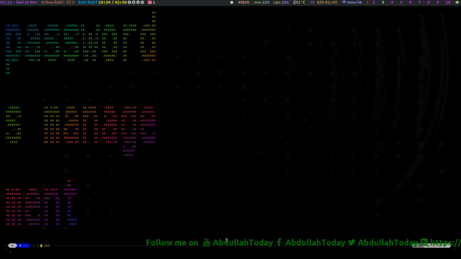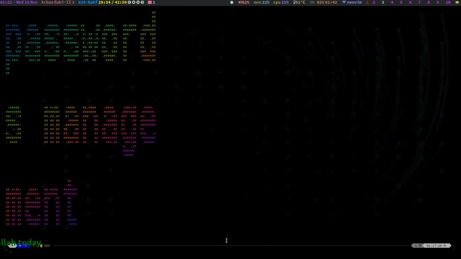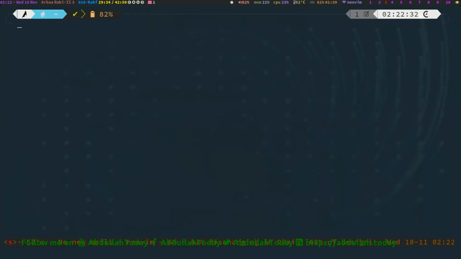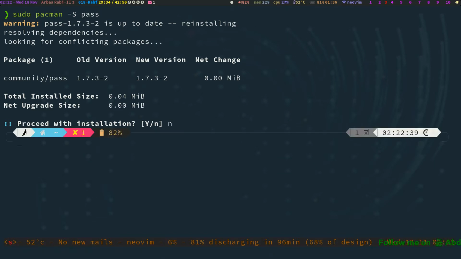You can install password store using your package manager. It is available in almost all Linux distributions with the package name pass. Right now I am using Arch Linux, so it is available as pass. I already have it, so I'm not going to install it.